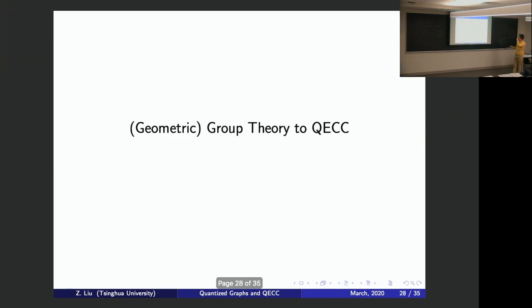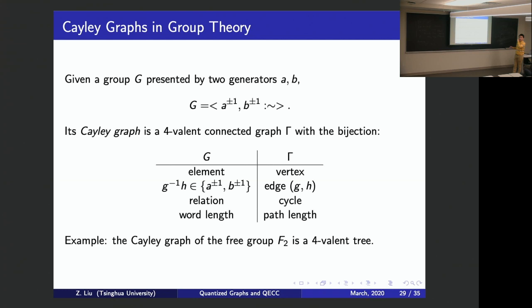So now I will mention a general construction related to group theory. Here we want a four-valent graph, and in group theory there's a very natural construction of such a graph. We start with a group with two generators, and then we consider a Cayley graph. The vertices of the graph are given by group elements, and the edges are given by the relation from one element to another, such that it's multiplied by a generator. That's the Cayley graph. Like for the toric code,